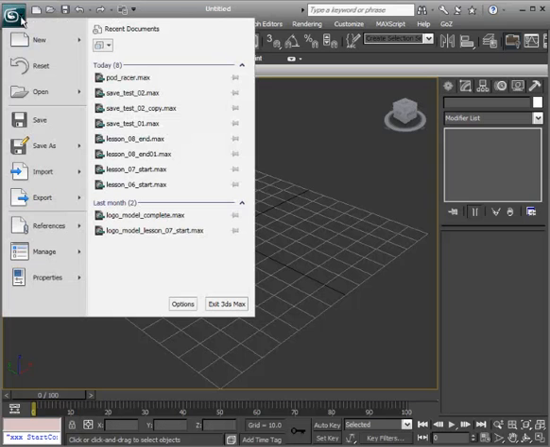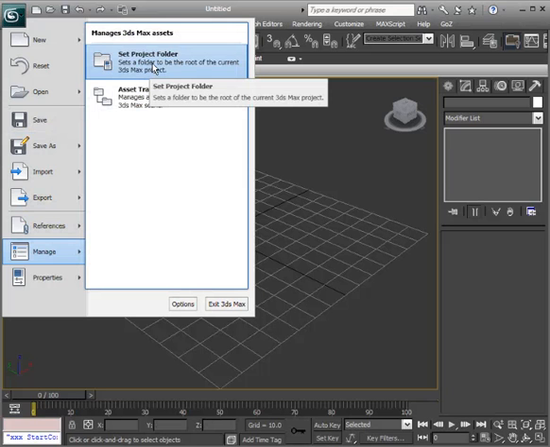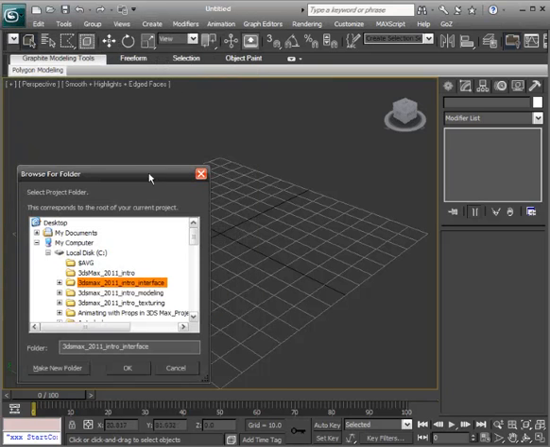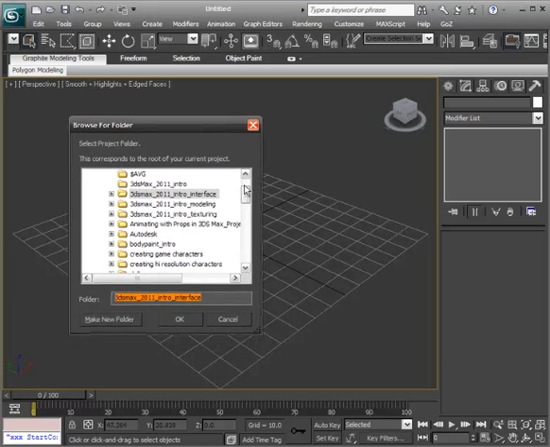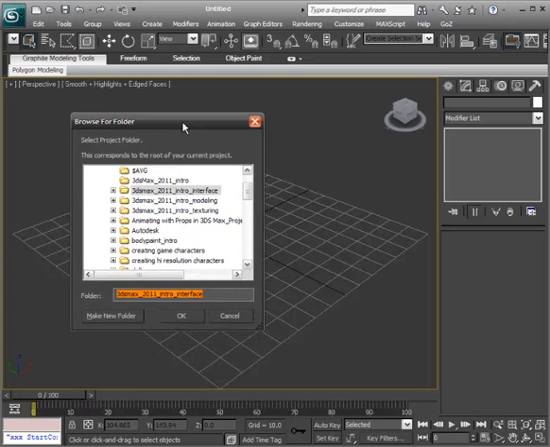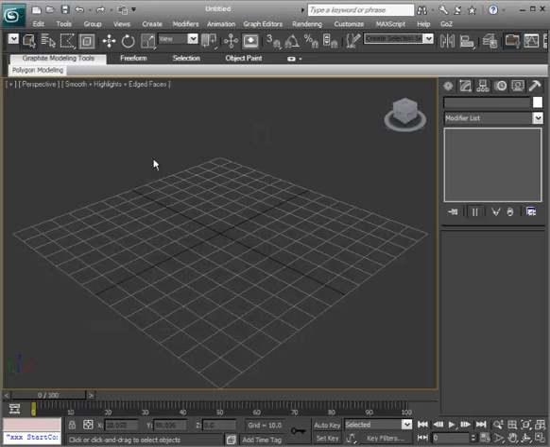One of the ways we can do this, we can come up here and choose Manage, and let's set Project Folder. This will set a folder to be the root of the current 3ds Max project. So we'll go ahead and set that. And let's choose a folder that we've created here. I've just gone ahead and created a folder on the root drive here, the C drive. And you can do the same thing, or if you have a project that you've already created, you can select that project. But this is the top level of this, so we'll say OK, and that'll create this project